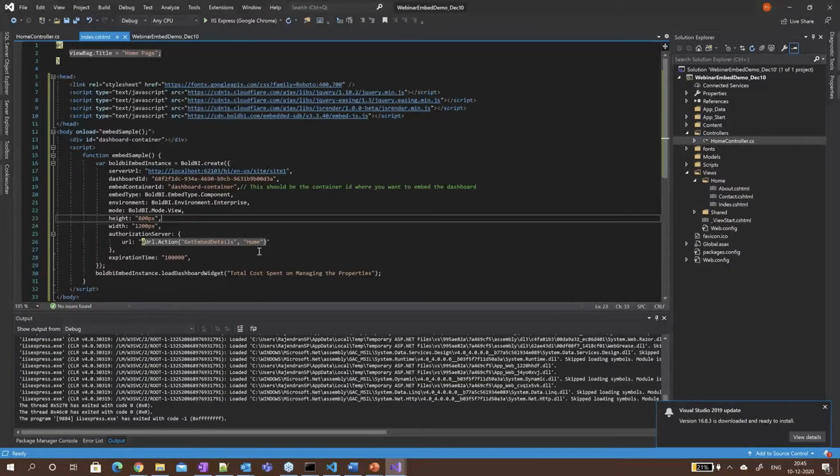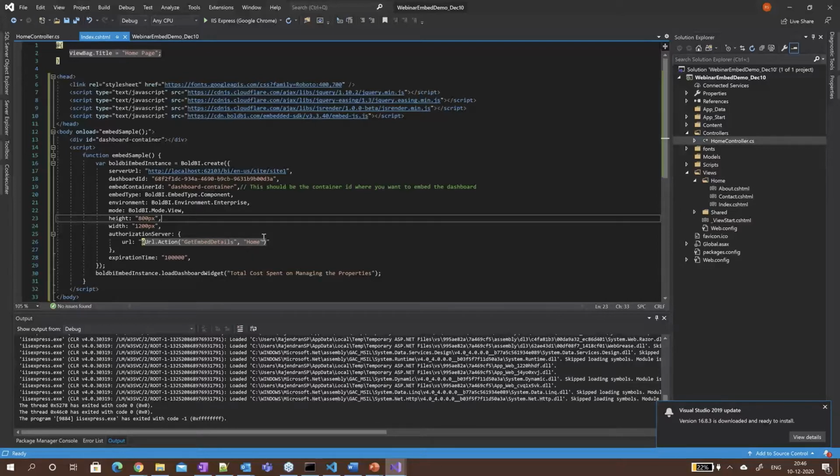Next, we'll see how you can embed a designer. Embedding designer will be required only in case where you want to allow your users to edit or create the dashboards themselves from your app. So when you plan to embed a designer, you need to decide whether you want to provide option to edit an already existing dashboard or to create a new or draft dashboard. You can also preset the data source you would like to use for the dashboard.